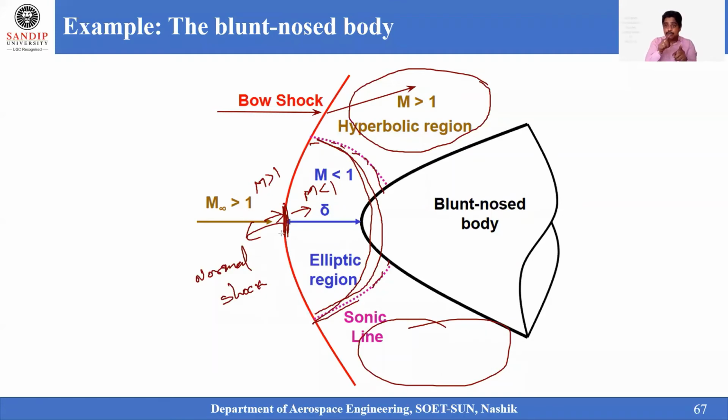Now, as far as our equations are concerned, behind the normal shock it has become a subsonic region, and outside of that range it has become supersonic. So in the subsonic case, elliptic equations can address this problem, whereas outside this region it has to be addressed with a hyperbolic equation. So this problem cannot be addressed with a single equation. Here I need to adopt two equations: one is an elliptic equation, the other is a hyperbolic equation. This type of case we call a mixed type of equation.